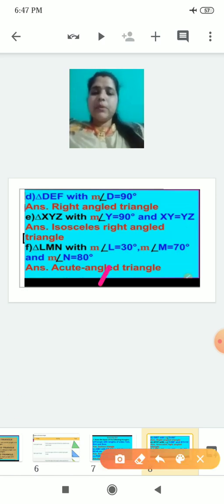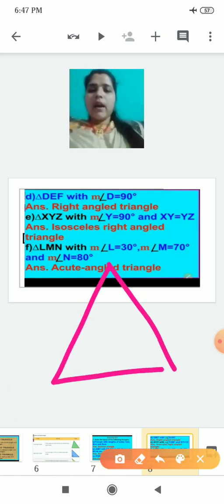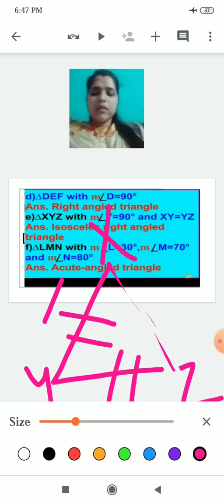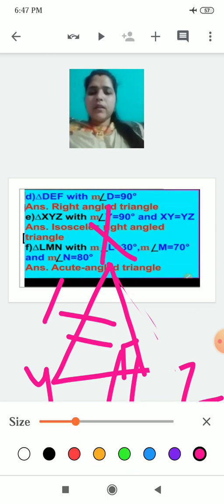to YZ. It means X, Y and Z is given and it is saying XY this side and YZ this side both are equal, and which angle it is saying, it is 90 degrees. It means it is like this angle and here is 90 degrees. Okay, so this is 90 degrees. Okay, and Z is here.